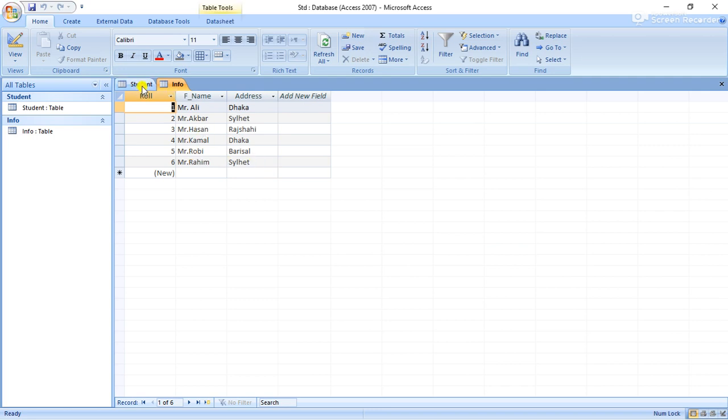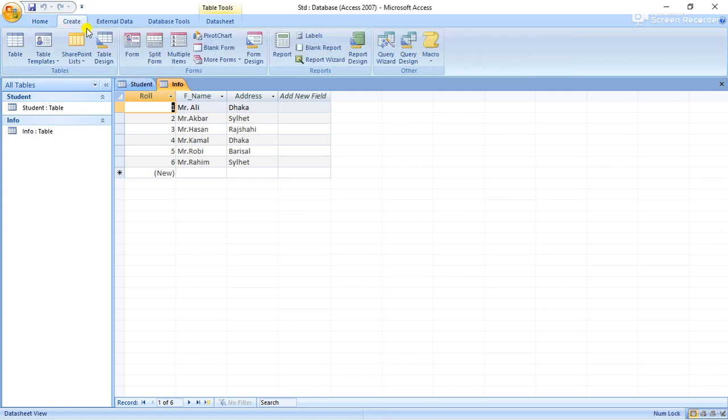So see, these are two tables, one is a student table and one is an info table, and now we will create a relationship between these two tables. So for creating a relationship between these two tables, we have to click on this create button and go to the query design.